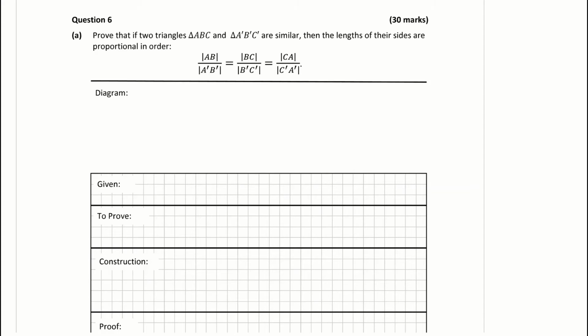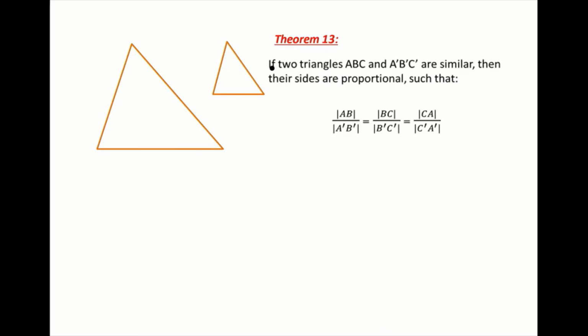Question 6a is Theorem 13 from our Leaving Cert course. So let's write down what we're given first of all. The first thing I'm given is two triangles. The triangle A, B, and C are my corners, my vertices, and they will correspond to the similar triangle on